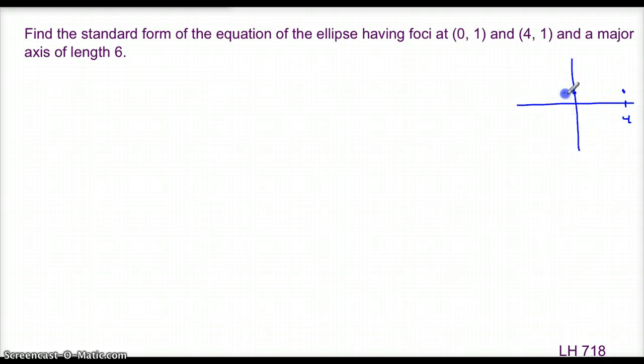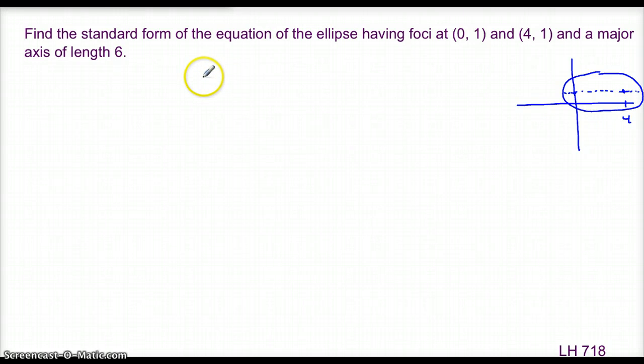So that would mean that our major axis has to be horizontal because it has to connect our foci, and we're going to look something like this. We've got a horizontal situation here. So what we're going to try to do is find the values of all of the pieces of the equation